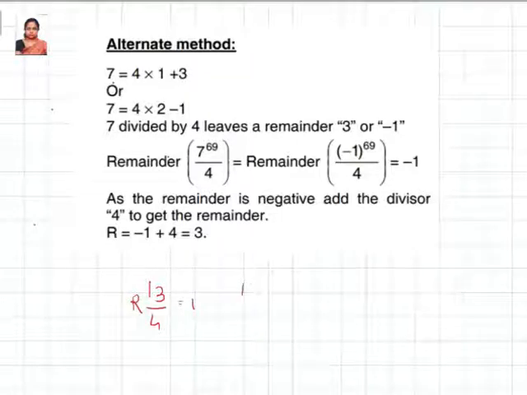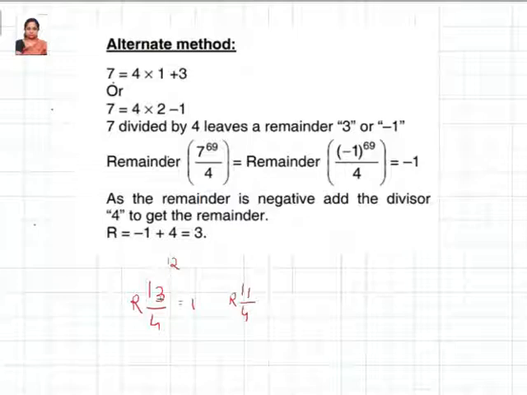But at the same time, suppose I say 11 by 4, what is the remainder? Then you need to go for 8. After 8 it is 3. Instead of that, we can do the other way. For 13 we had taken 12 as the exact multiple of 4, and then it is 1 more than that, therefore that's the remainder. Similarly, here it is 1 less than the exact multiple of 4. So you're going to have minus 1 as a remainder. So you have 12 as a multiple. If it is 1 more than that, it's going to be 1 as a remainder. If it is 1 less than that, it's going to be minus 1 as a remainder.